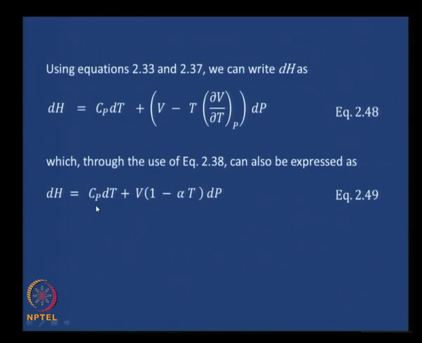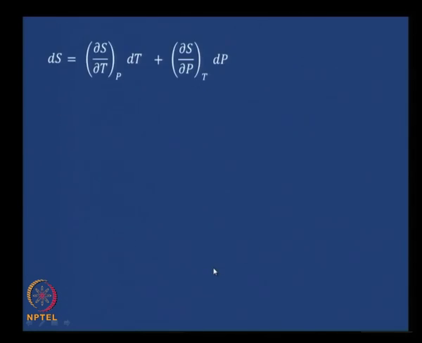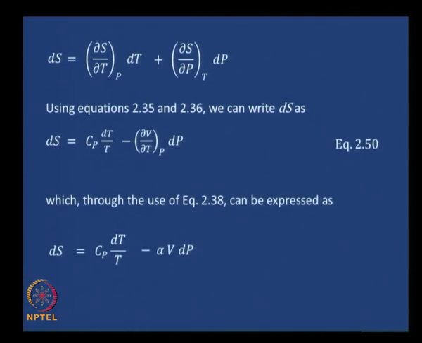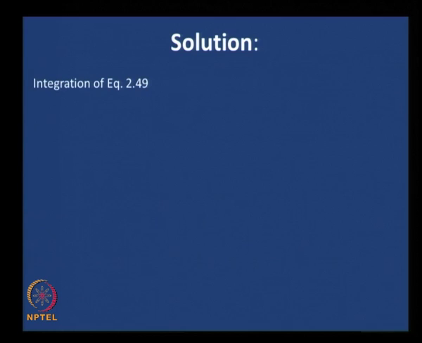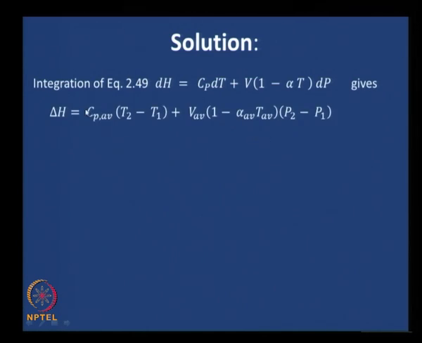dH equals Cp dT plus V into 1 minus alpha times T dP. If we integrate this, that is the equation there, we will get delta H here, and this is straightforward integration. Cp dT, therefore, is Cp average (T2 minus T1). We have taken Cp average because Cp is a function of temperature that you may recall from the earlier